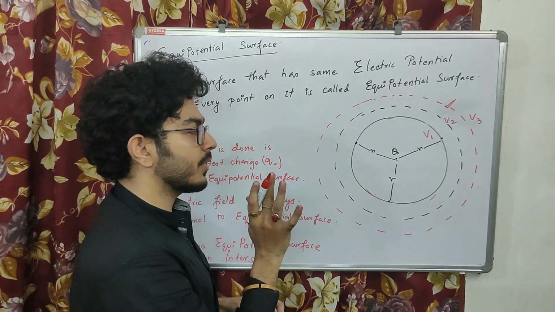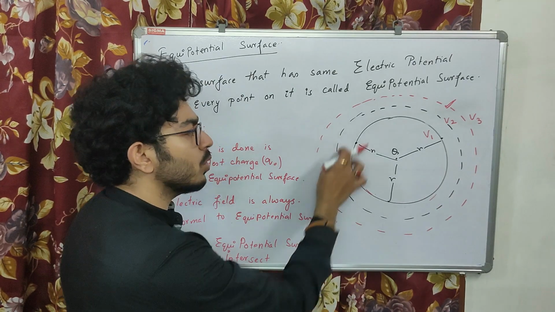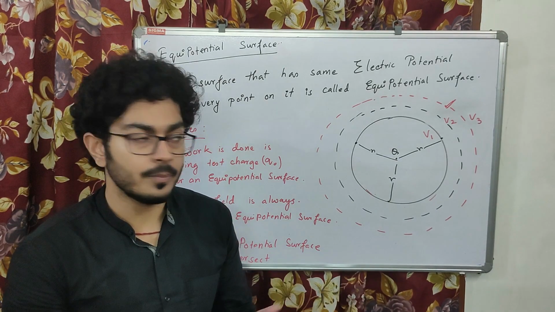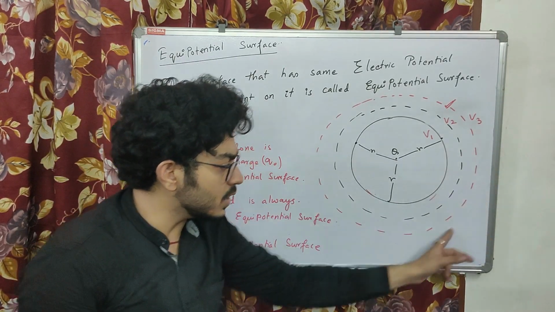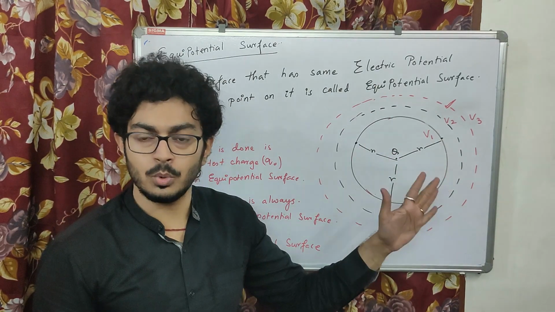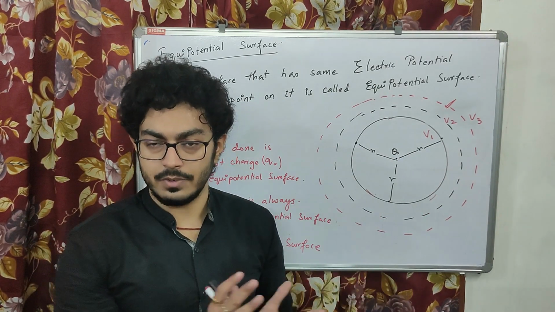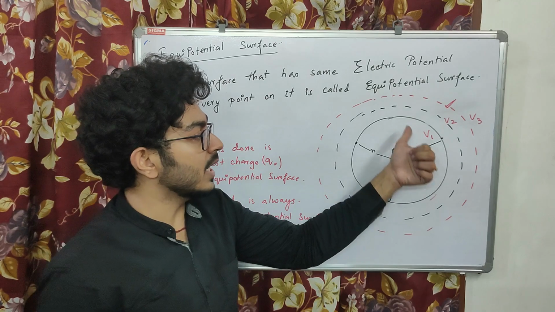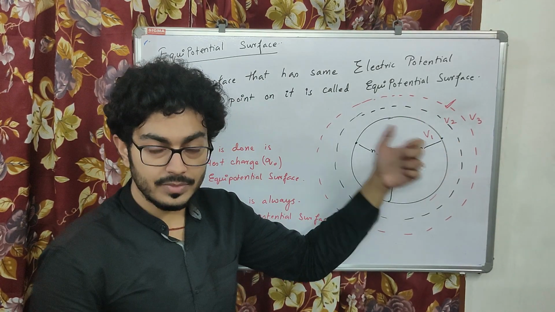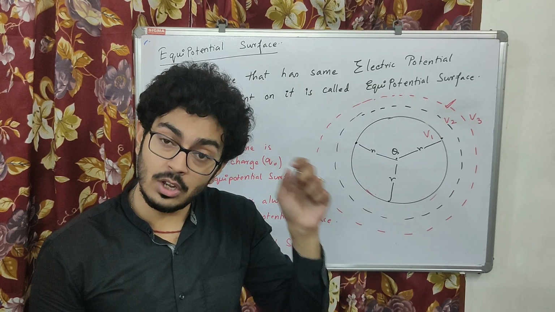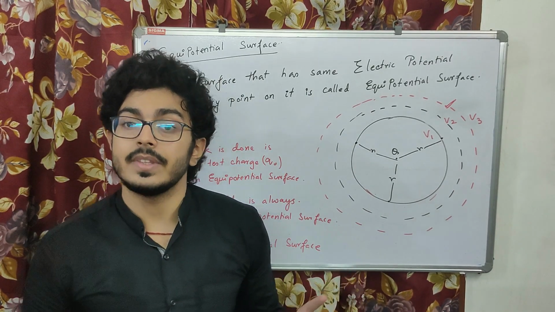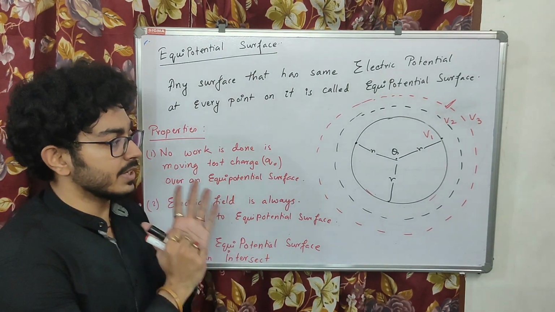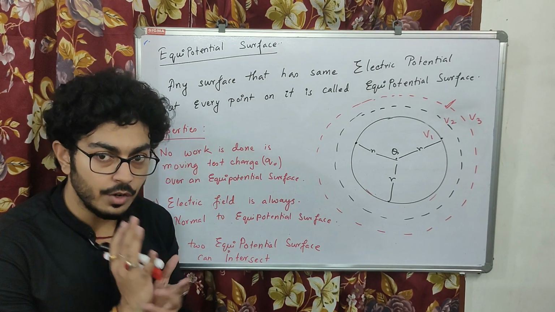This is an equipotential surface. Similarly, on this whole surface, wherever you go, the potential will be V2 only. That is also an equipotential surface wherever you move. And the third surface, V3, is also an equipotential surface. Wherever you move on the V3 spherical surface, the potential remains the same. That means different surfaces have different values of potential, but the potential remains the same throughout each surface. Such a surface becomes an equipotential surface. So here I have explained what an equipotential surface is. I hope you have got the idea of an equipotential surface.